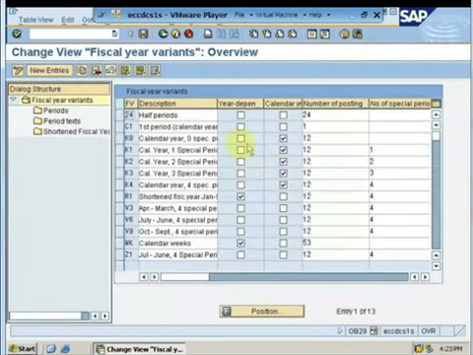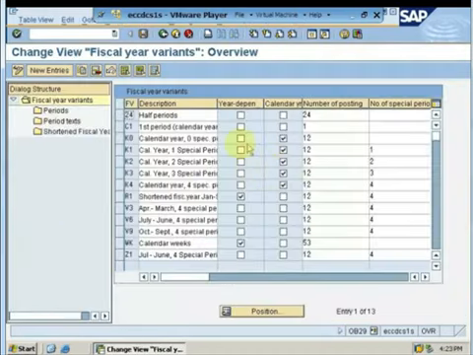Year independent fiscal year means that every fiscal year would have different properties. Every fiscal year would have a different number of periods that it will start and end with. Year dependent fiscal year means that the fiscal year would remain the same throughout its properties for every year. For example, the fiscal year October to September is a year dependent fiscal year, which means that this fiscal year will not change yearly. This fiscal year will remain the same throughout its history.